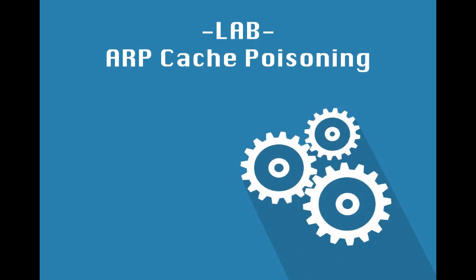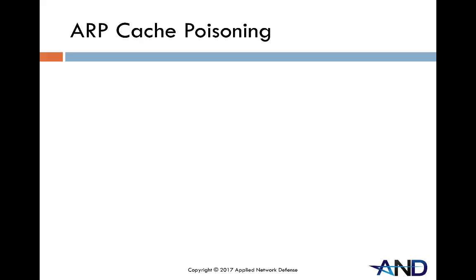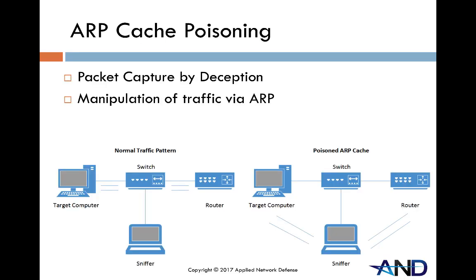I'm going to go through the analysis of this ARP cache poisoning lab next. And remember back to our discussion of ARP cache poisoning earlier. I'm not going to rehash the whole thing, but ARP cache poisoning was a technique we discussed when we talked about various methods that you can use to tap into the wire and capture packets. It's a very effective technique for doing that very thing, and that's because it allows us to redirect traffic through